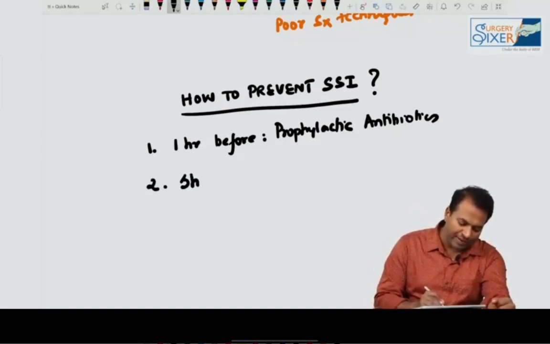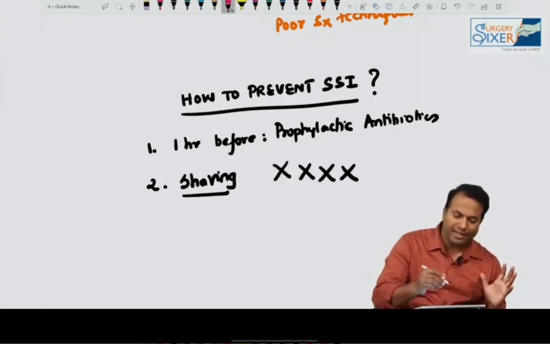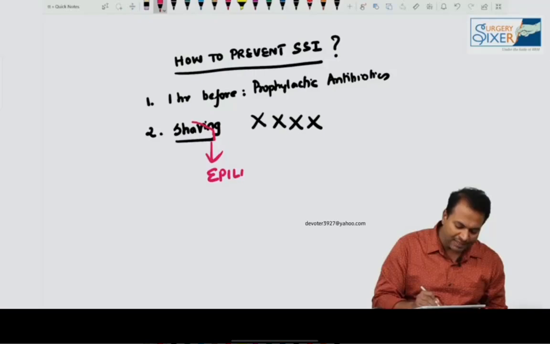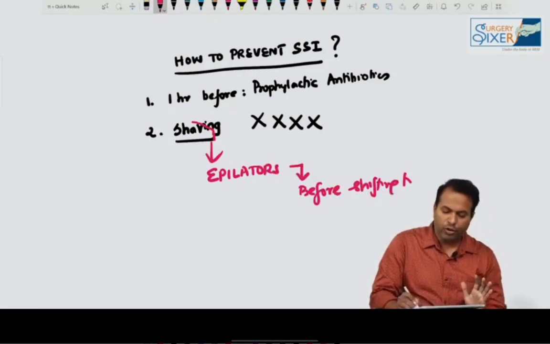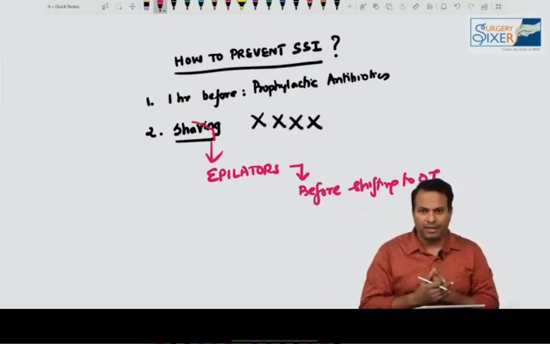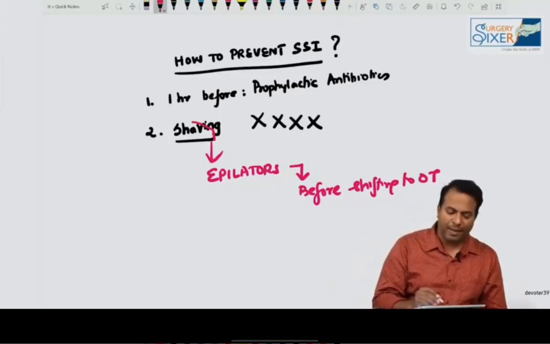And what about shaving the patient before surgery? Shaving is not advised nowadays. If we would not like to operate on a place full of hair, then how to remove the hair? We have to use skin clippers or epilators, and that too before shifting to OT. We should not ask the barber to come and prepare the previous night. He will do a very rash scraping on the abdominal wall, and staphylococcus epidermidis will protrude out and cause surgical site infection. That is why shaving is nowadays not advised.